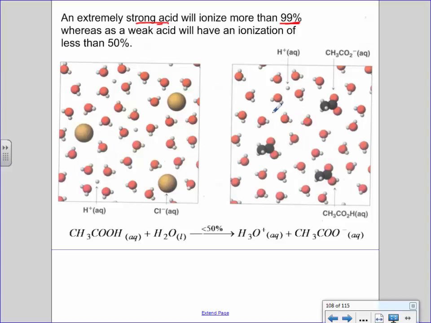I want to talk about your table again here. If you have a data booklet, I've already referenced this table. There are 6 known strong acids. They're the 6 top ones on the list. They are perchloric, hydroiodic, hydrobromic, hydrochloric, sulfuric, and nitric. Do you have that in front of you? It's on pages 8 and 9.